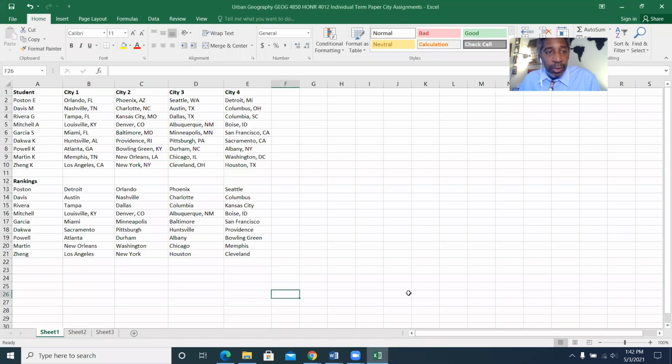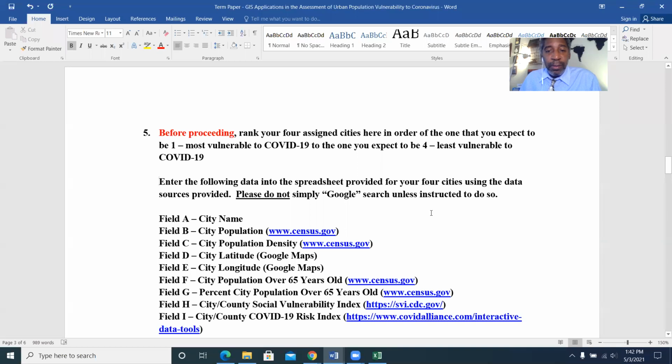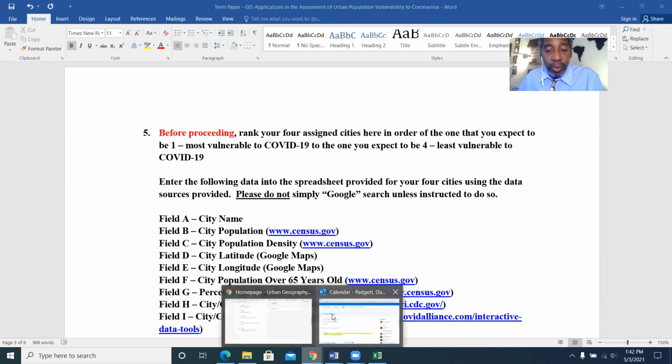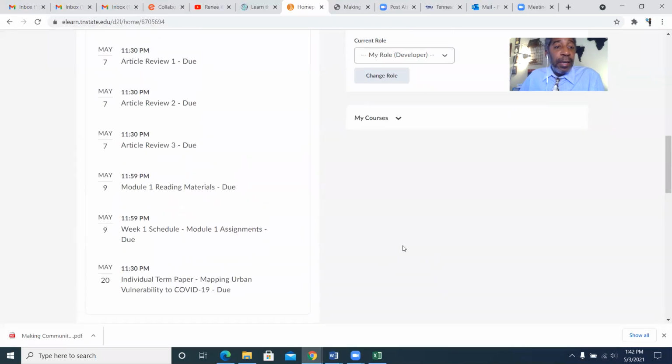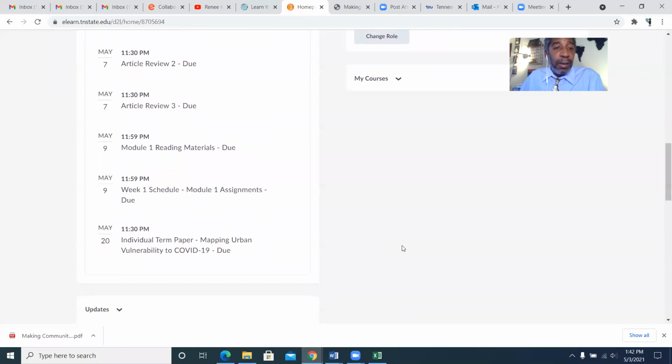assigned, at least for those of us who are here, your cities for the analysis, and then you ranked your cities from what you believe for now, without any kind of scientific investigation, which cities' populations are most vulnerable to COVID-19 to the least, just based upon what you've heard. So what's going to happen for the remainder of the week is, if you go to the